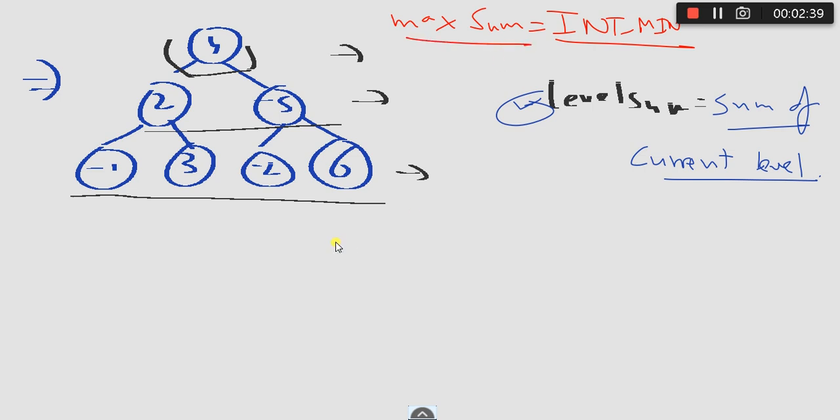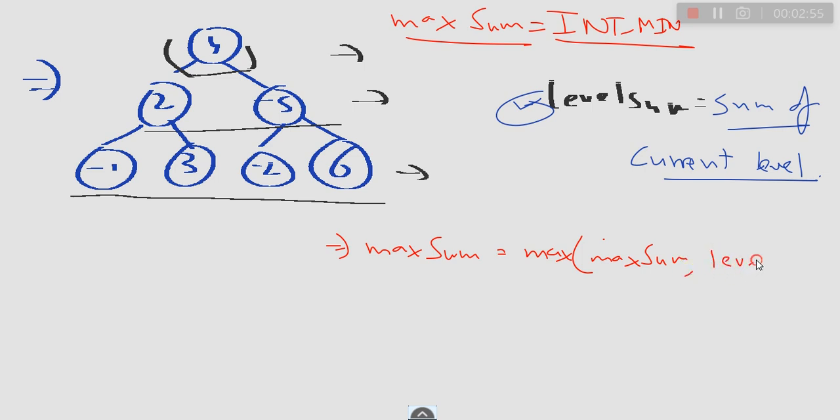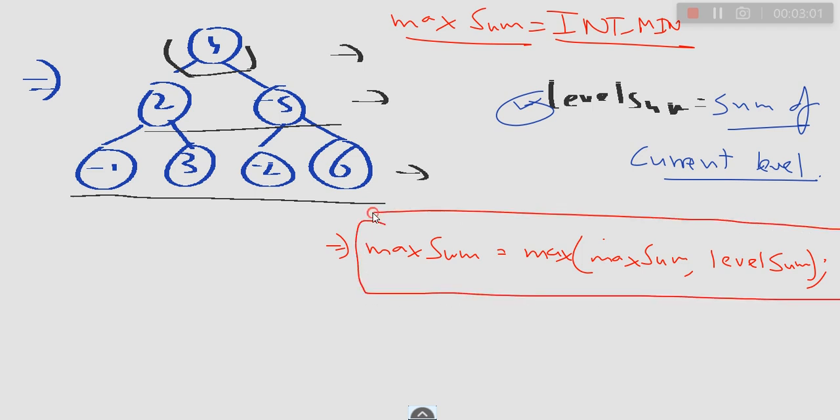After that, what I'm going to do is I'm going to write an expression here which is going to maximize my level sum for each level. The statement is max sum equals to maximum of the max sum that I already have and the current level sum. So this is how we are going to maximize our level sum, and each time we just have to find the level sum of current level, and then I'm just going to use this statement. Let's see